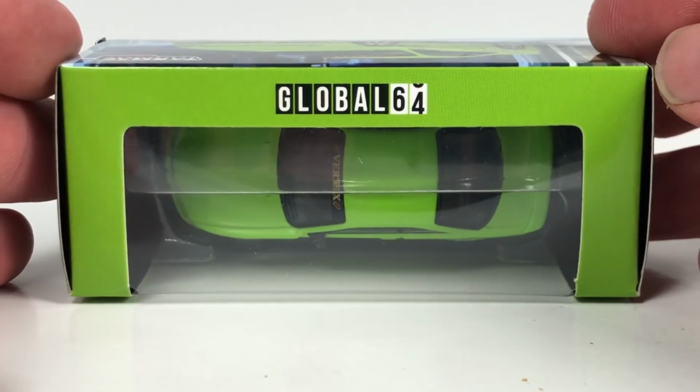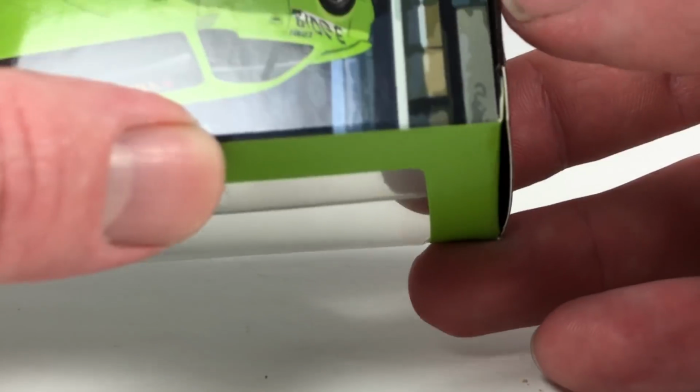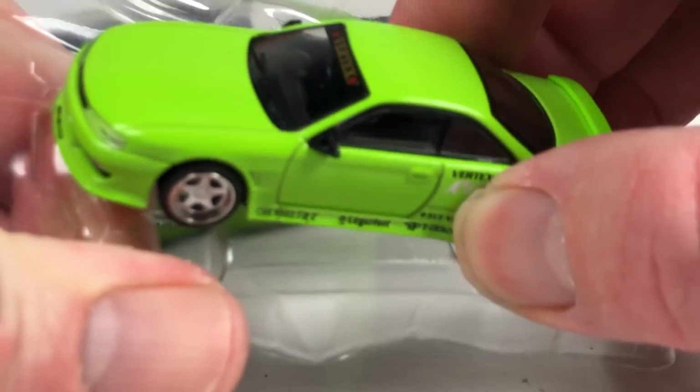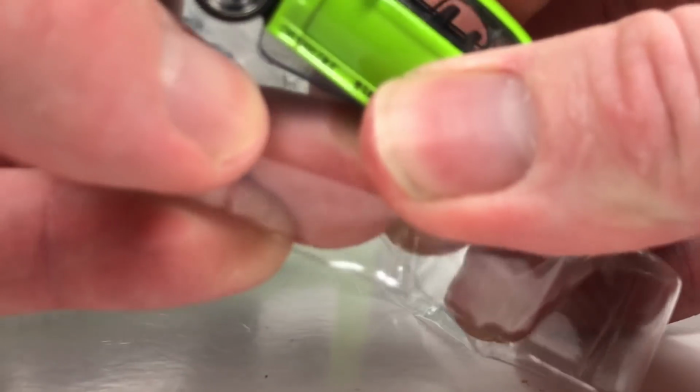Interesting packaging for this one. Global 64, not coming in a clamshell. Totally fine with that, by the way. Just a box, which is great. So Global 64, I've been a big fan of, if Tarmac works. We'll see if this one is...